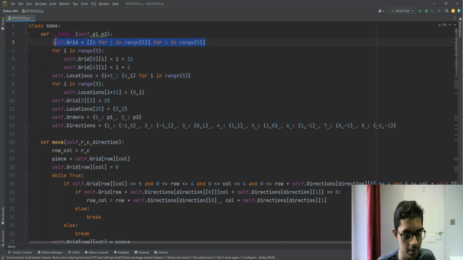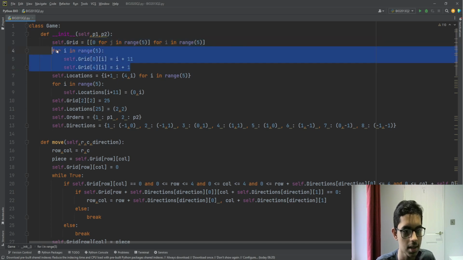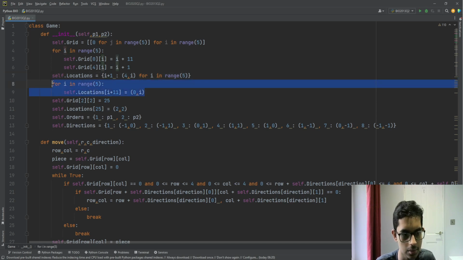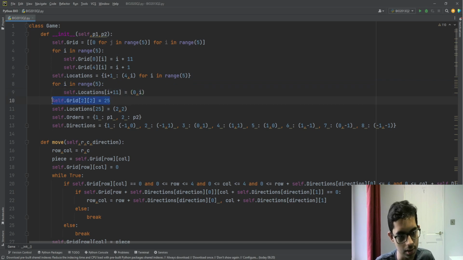We initialize the 5x5 grid for the Neutron and all the 5 pieces of each player, and we initialize the rows, with all of the counters for player 1 on the top row and player 2 on the bottom row. And we also have this locations dictionary. This basically keeps track of where each of the counters are for the players, and this will come in great use for the future, since remember we have a specific order in which we have to move the pieces. We also update the locations with these tuples, and we initialize the neutron to having a value of 25. And the reason for this is because